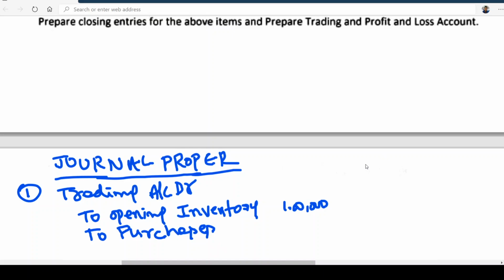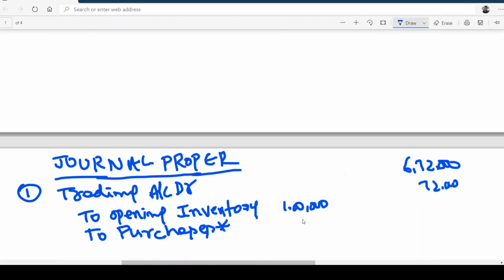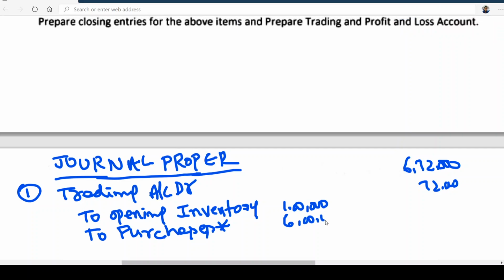Normally, I told you last class, what is the entry for purchase returns? Purchase returns account debit to purchases. Is this clear? So here I am writing the entry. The purchases will have a star mark here. After deducting purchase returns, we transfer to purchases for writing the closing entry. 6,72,000 is purchases, minus return outward 72,000, so it is coming to how much? 6 lakhs. That is net purchases we are transferring.